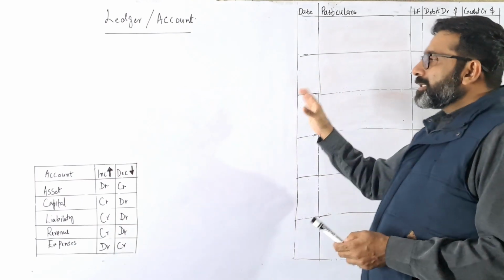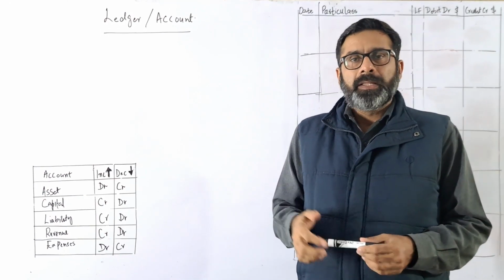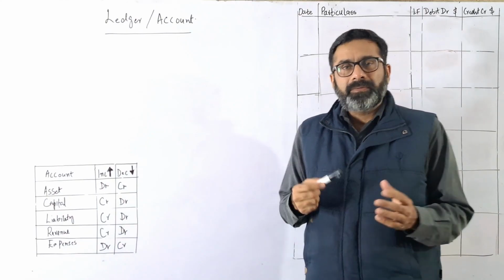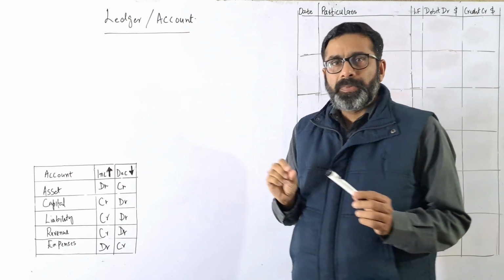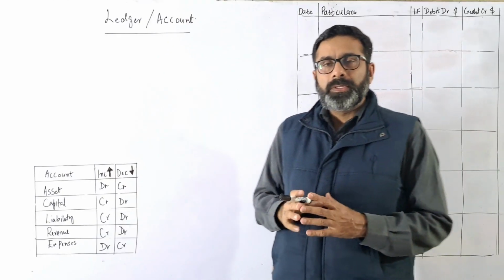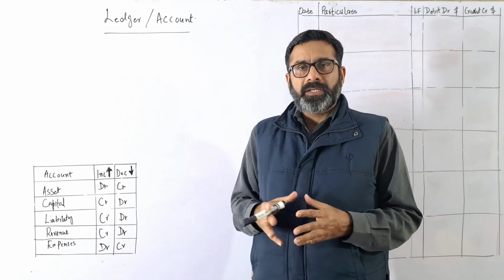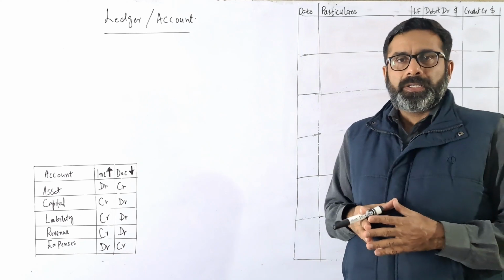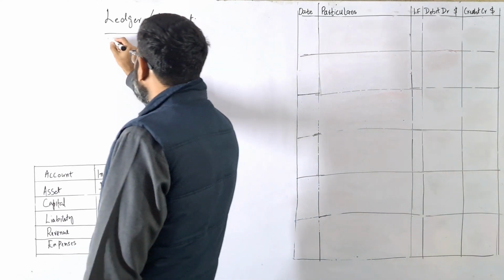Now, the next step in accounting after the journal is the concept of the ledger or the account. So what is the purpose of the ledger or the account? The purpose of the account is simple: we want to know the balance. We want to summarize the same nature of transactions in one place. So that one place is called the ledger or the account. So this is basically a summary of